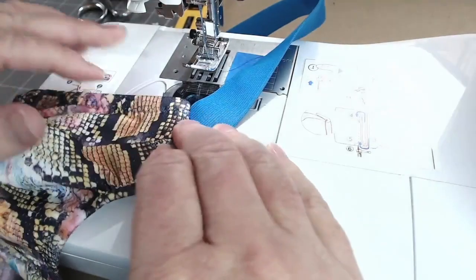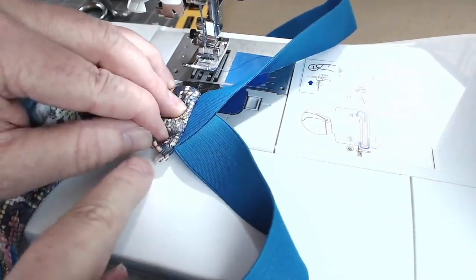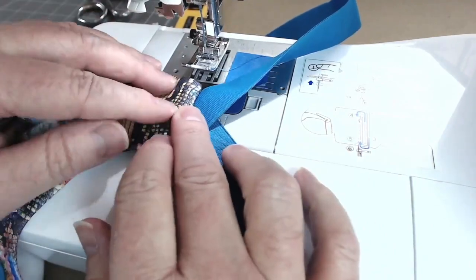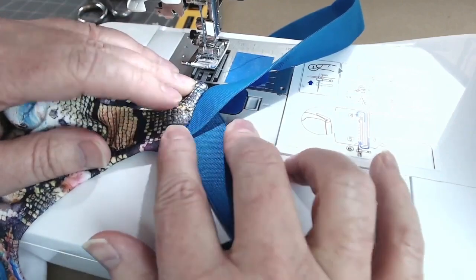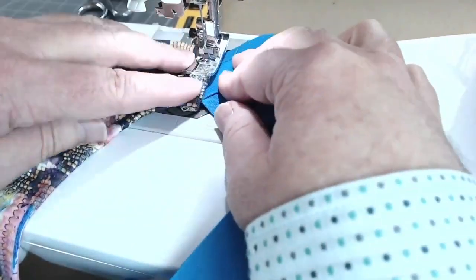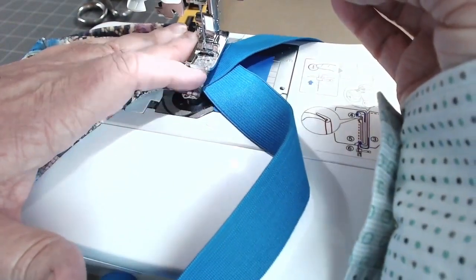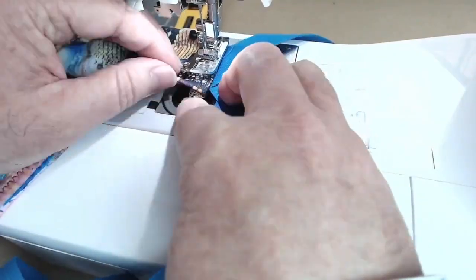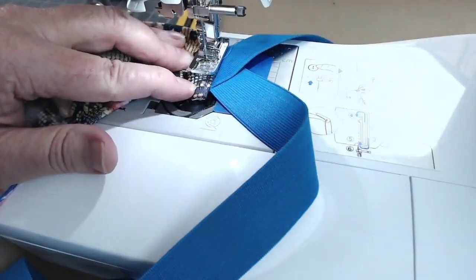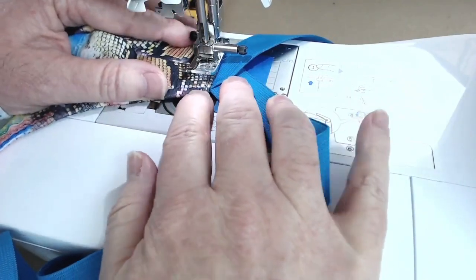Sorry about my hands. This top stitching is going to hold everything on the inside. Again, I'm going to start in the center here, about the middle of it, because of the back stitching. Sometimes you can lift your presser foot up a little bit higher. I'm going to go just shy of 1/4 inch because I want to make sure that I'm grabbing that seam to hold it down. All right, and so I'm going to stitch